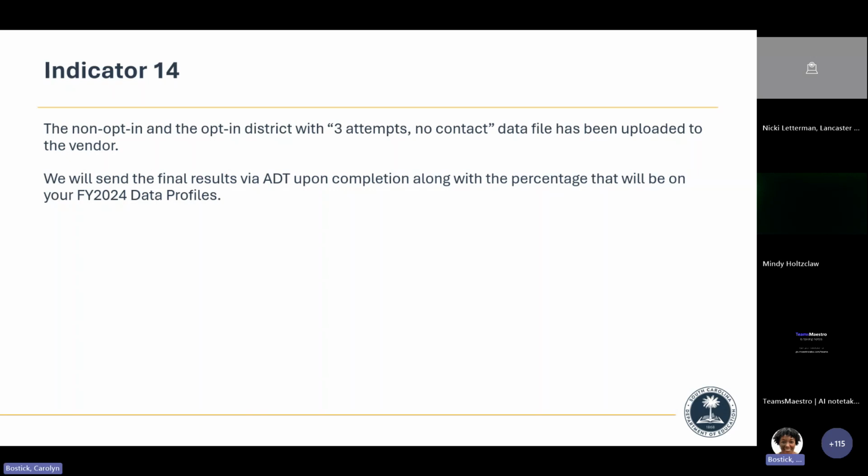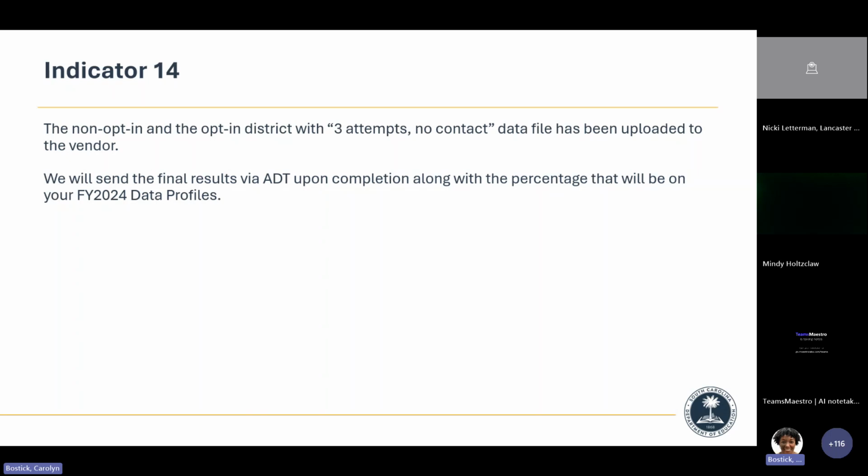For our indicator 14 report, for those non-opt-in districts and the opt-in districts that had 3 attempts with no contact, we added your data back into the source file and sent that over to the vendor. That was uploaded to the vendor on Tuesday. Yeah, Tuesday. So they now have that file and are starting the process.